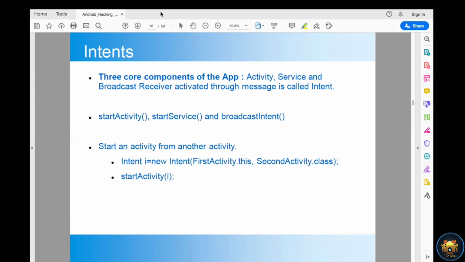I write the message into the intent and save it into the i variable. Then I call the start activity function with my intent value. Then the Android system will start the second activity from the first activity.